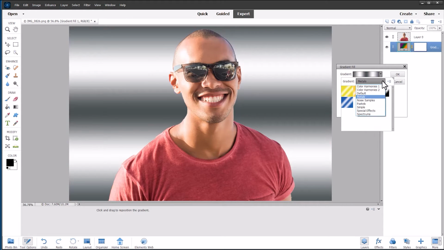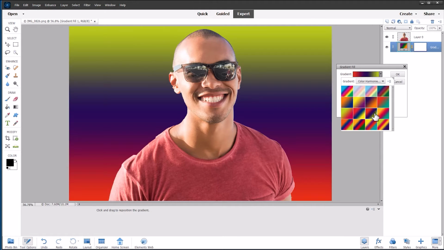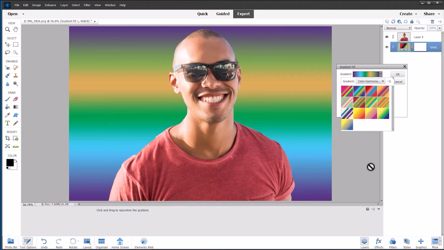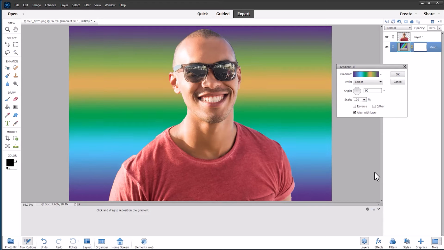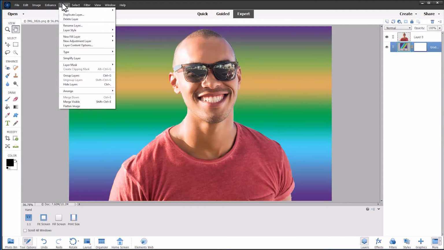Metals, color harmonies 1, color harmonies 2. So you can see within the expert mode we have all these choices for different backgrounds, which just simply by using the gradient tool. I'm now going to go back to the layers panel and choose another fill layer,